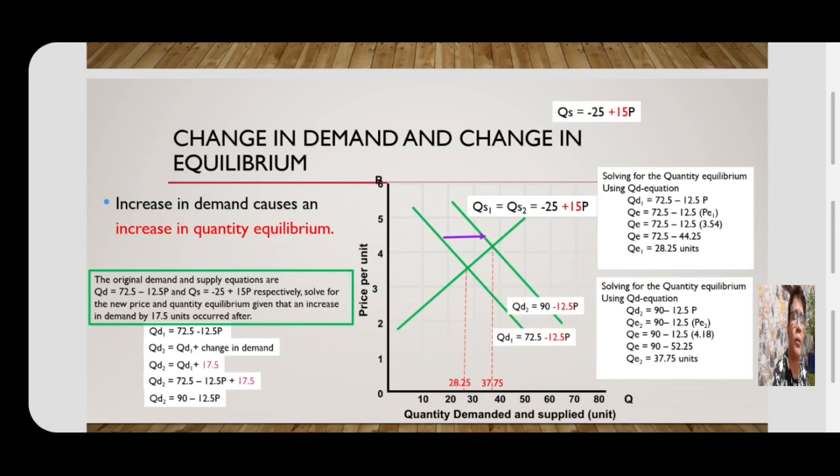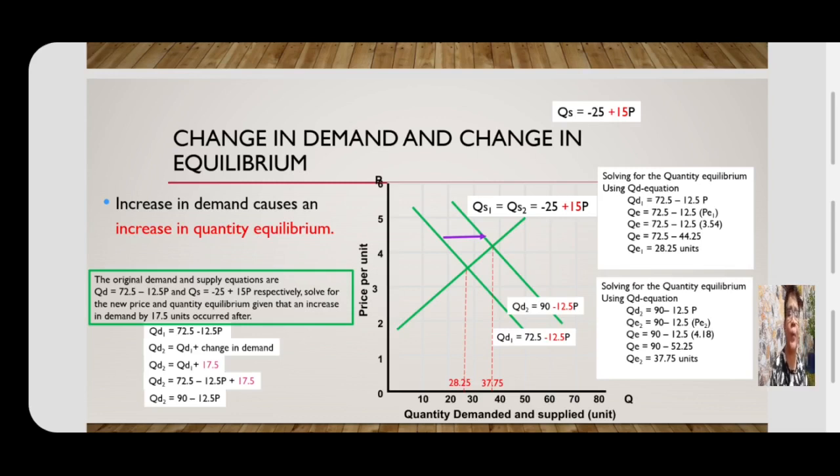And substituting the new price equilibrium which we have earlier solved, the new price equilibrium is 4.18, and substituting this to the price of the new demand equation, we now have 90 minus 12.5 times 4.18, which will become 90 minus 52.25, and eventually we can arrive at the new quantity equilibrium, which is